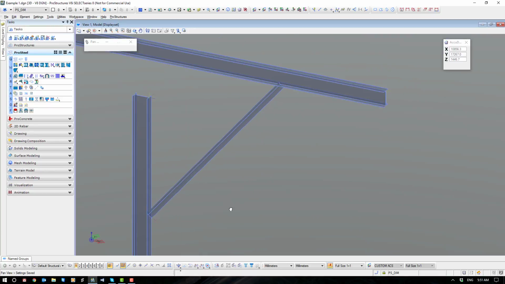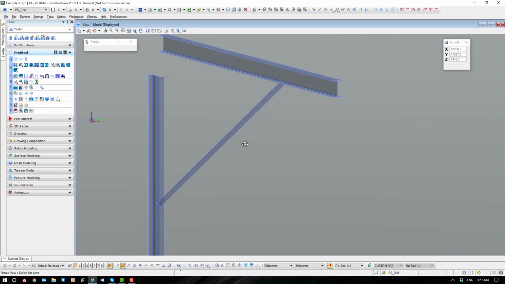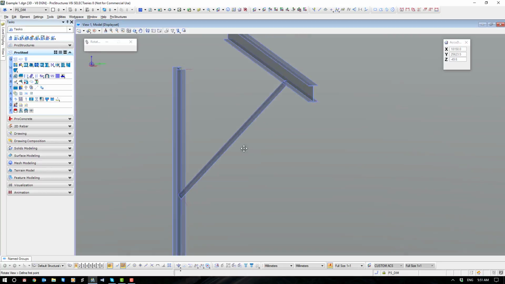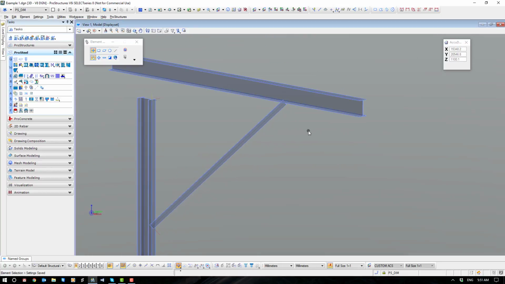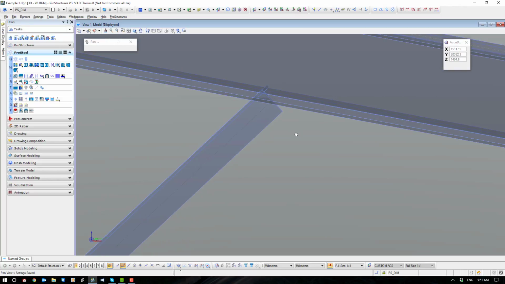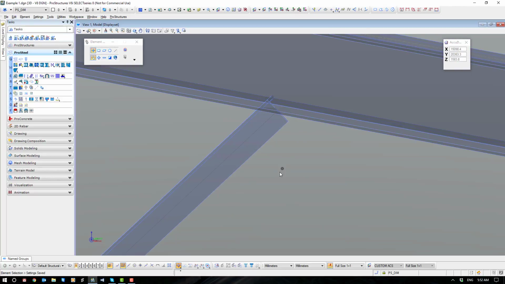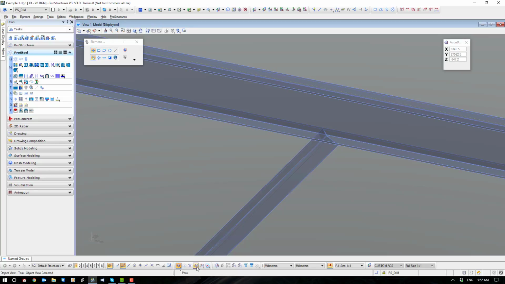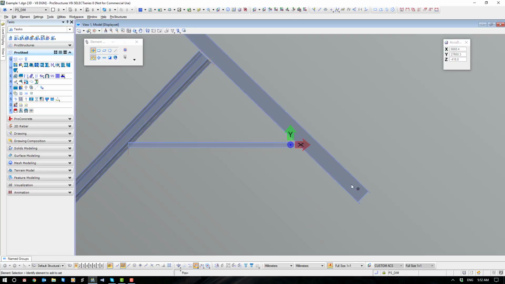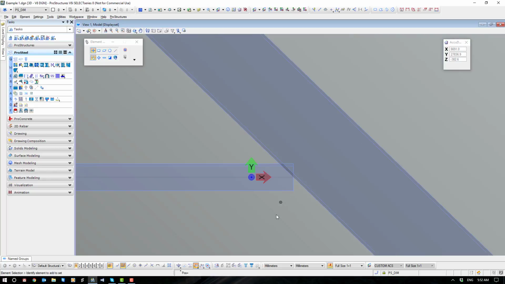Alright, our next step is that I want to connect cleats up to that new brace. So I'm going to set my object view centered onto the face that I want to run the cleat on. So object view centered. Now the important thing here, I don't want to align the view. This allows my brace to run horizontally, which makes it really easy to work on. So I want to look at this face here, and you can see because it doesn't rotate it, it just keeps it horizontally and makes it really easy for me to work on this,